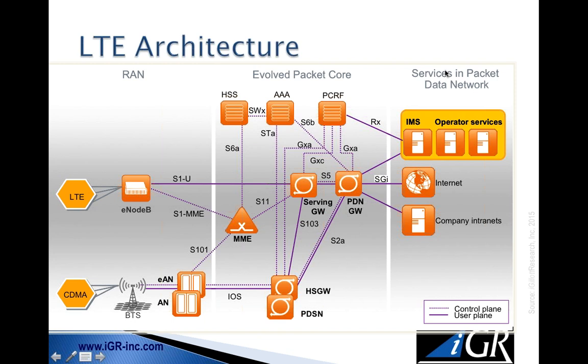Now, the one here that I've got highlighted is IMS, which is the IP Multimedia Subsystem. Again, the great acronym. And also operator services up here. So what you find in this area are basically the IP services that the operator can offer on the network. So it could be an example like a push-to-talk function. It could be voice over LTE. It could be a messaging application. These would sit in an operator data center and, of course, provide services to all the subscribers through the network.